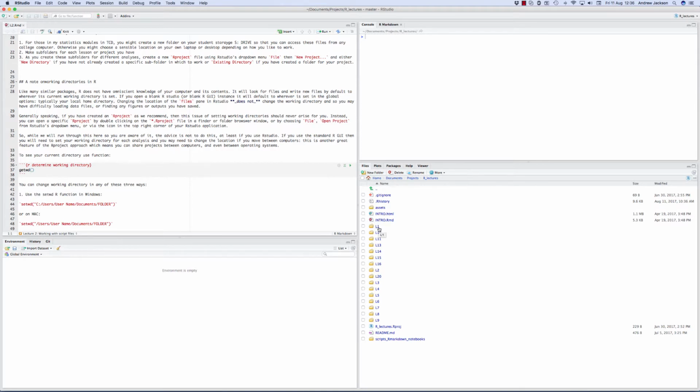each one of these, they would have their own R project file that would be specific to those projects. But this whole thing for me, as I'm developing it, is itself a project. So when I load it up, I get taken to here. Now the point is that right now we're working in this folder L2. So we're going in here to L2, and this is where all my files are,